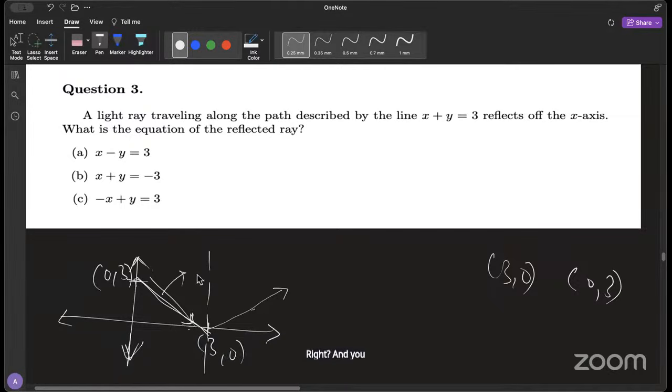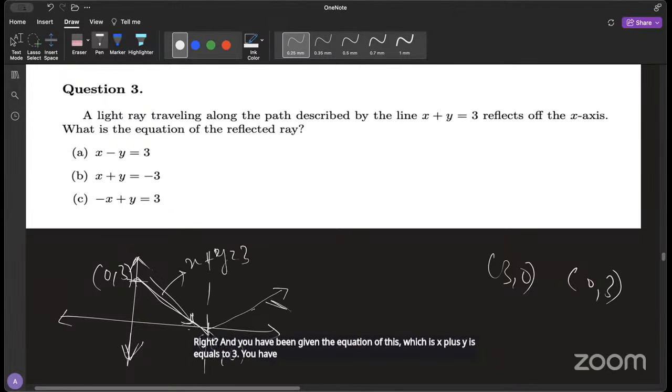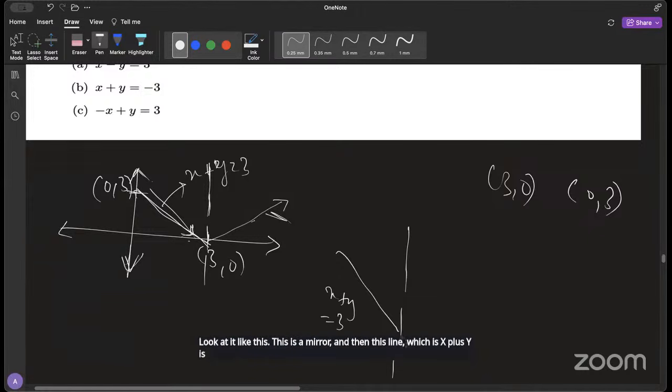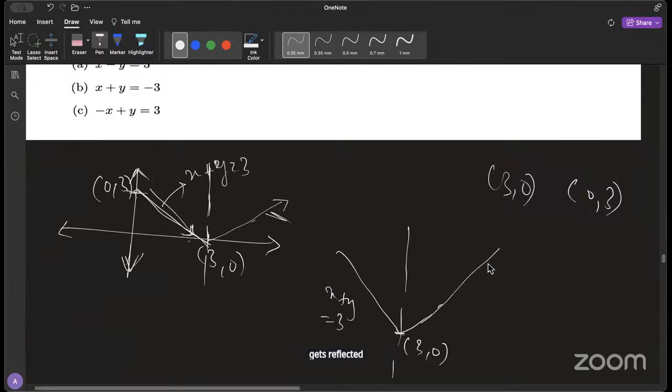And you have been given the equation of this, which is x plus y equals 3. You have to find the equation of this. So look at it like this. This is a mirror, and this line, x plus y equals 3, and this point (3, 0), gets reflected here, and you have to find the equation of this line. So this point on the y-axis was (0, 3), right? So if I have this point here,